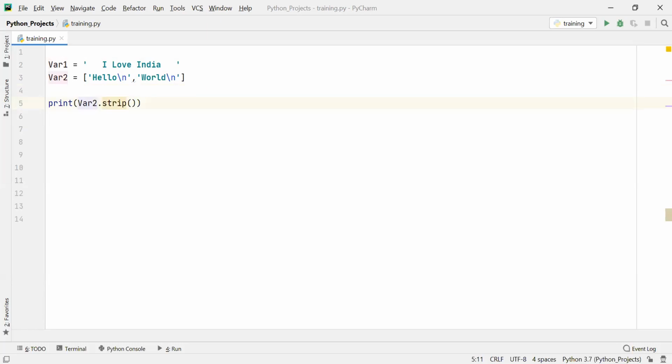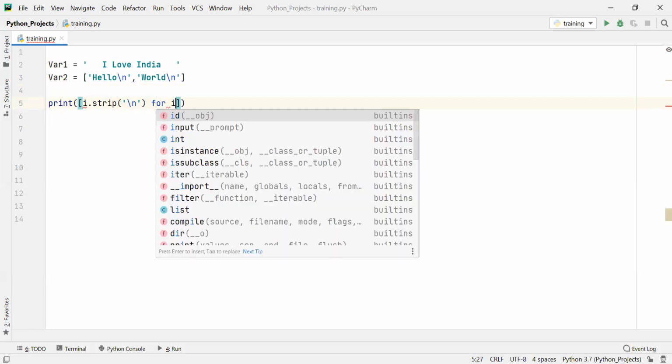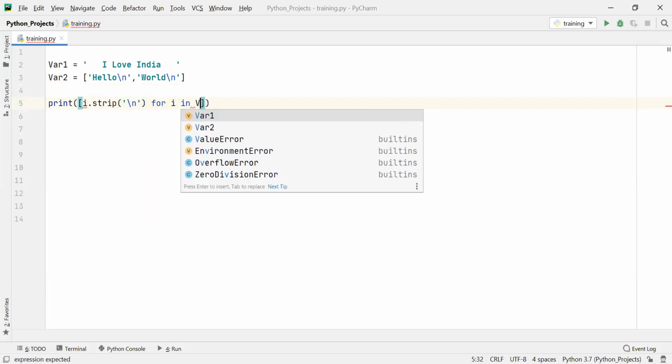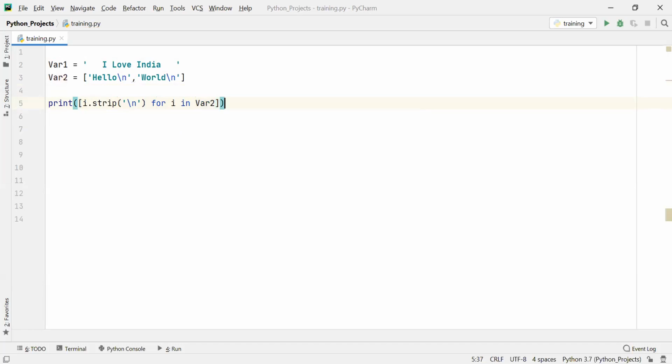First, I need to convert this. Simply I cannot use this, so I need to convert this into a string format. So for that, I will use i.strip, and then I'm stripping the newline character slash n, for i in var2. Okay, so let me execute this.